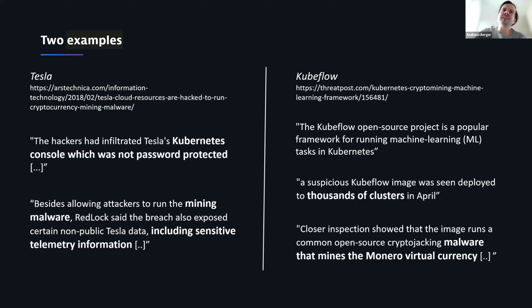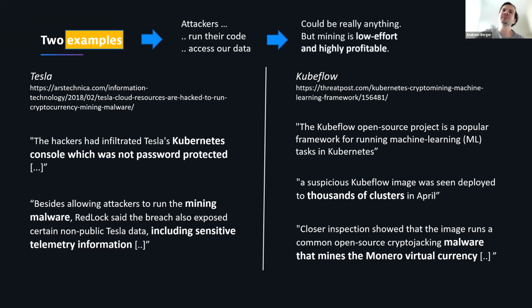Those two are examples, right? If you abstract that a bit, what it allowed the attackers to do is run code and access data. So in principle, they could have done anything. They had full access to the system. But what they decided to do was run a crypto miner. And why is that? Because it's low effort and highly profitable. And remember what I told you about the money mules before? None is needed here, because the result of the crypto mining is directly usable by the attacker. So you basically save on the costs there, and that's why they chose to do that.